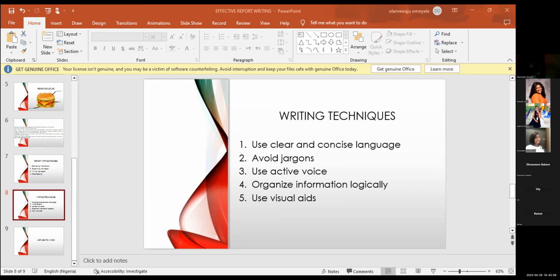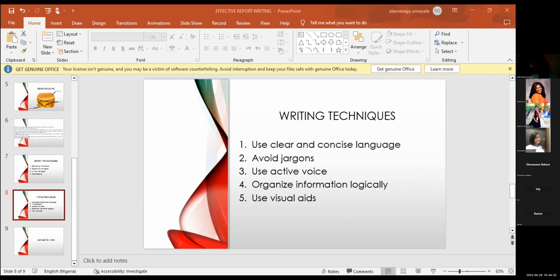There are times when you want to write big grammar and use a word that does not flow with the report, just because you want to put big words inside. Those words may be unfamiliar to the reader. So you have to use simple, straightforward language to convey your message.